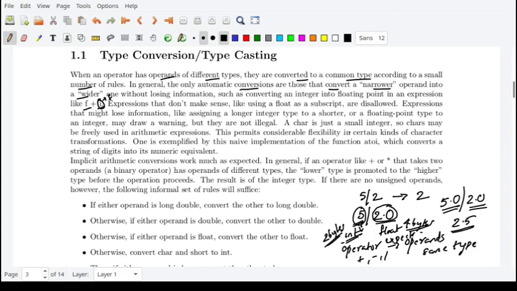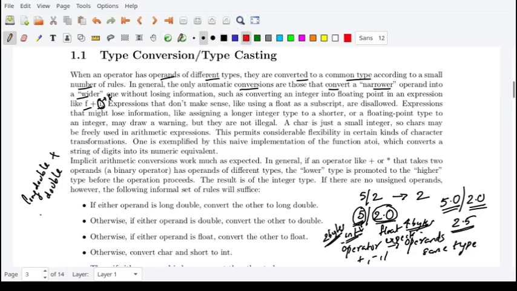Similarly there are certain rules. If either operand is a long double, say long double plus double, the first operand is long double, the second operand is double, then convert both to long double.